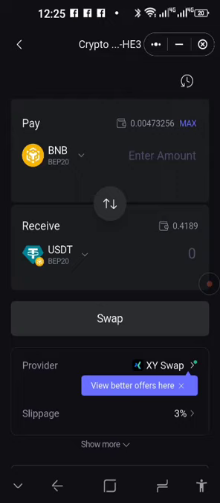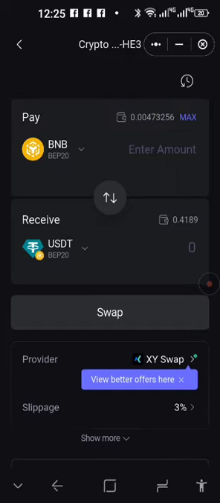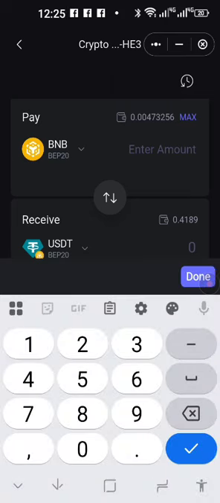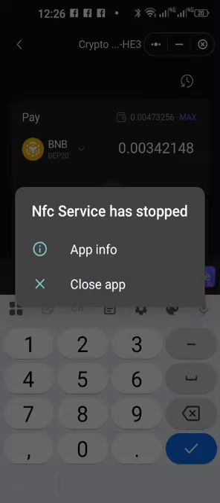I'm just going to work on the dollar amounts because you might get confused with the BNB amounts, the fractions. So I've got $3 there, and I'm going to make it $2 here. Always add 0.1 because the gas fee takes a bit, and then you get under the dollar, and you can only deposit in round numbers in Crypto Fortune. So we add that 0.1 extra to make sure that we get round figures in USDT.